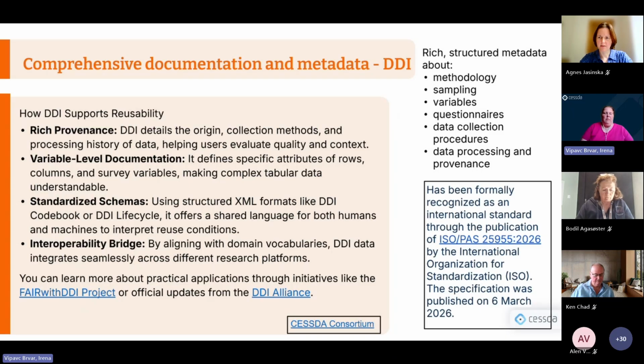So it's really important for that. And as we saw at the beginning, there's really XML code for that, but most of us are not doing that in XML. There are tools that we can use for describing, and researchers help us with that, so we are working on that jointly. Yes, and you can find more about that on the DDI Alliance page or the Colectica DDI project. So there are different projects that are trying to